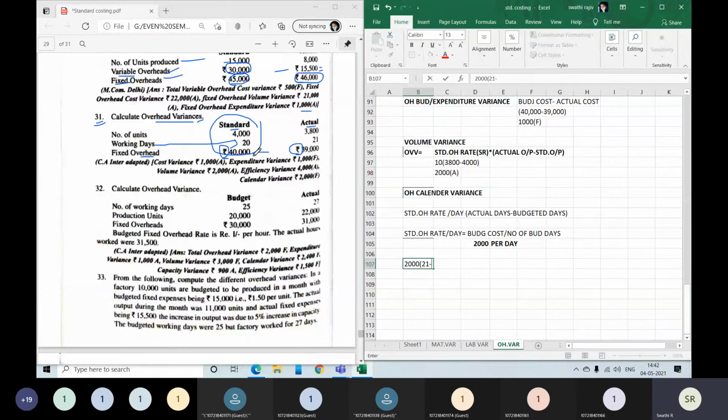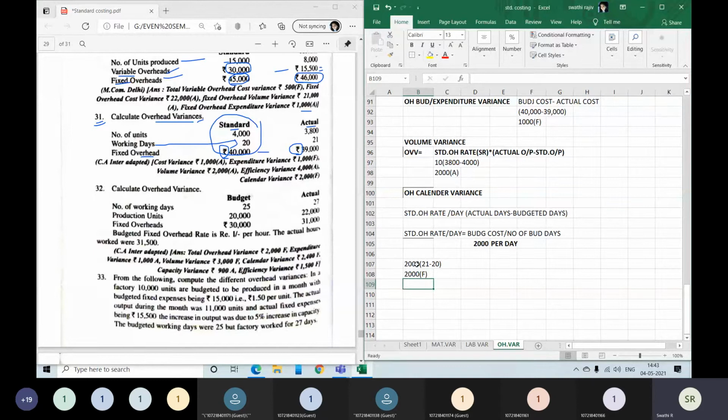You thought you will finish the work in 20 days. Basically, we are calculating how much extra we had to pay for that one day. Here it is 1 day, but we had to pay something. So this is 2,000. What does that extra cost? 2,000 into per day. How much more you had to pay? How much is the variance that had occurred? That is what we are trying to calculate in calendar variance.